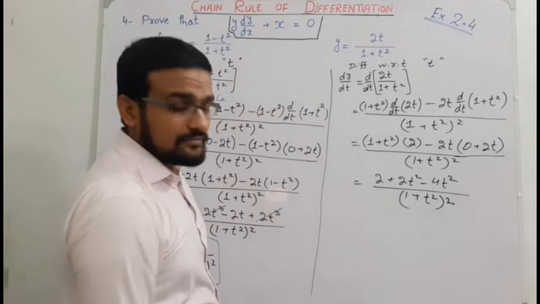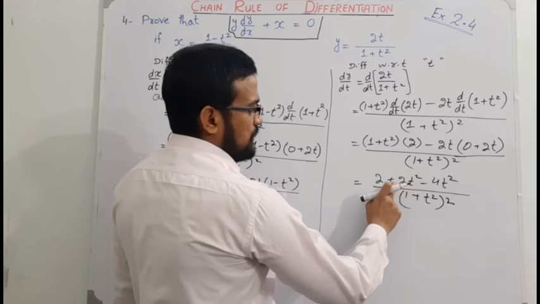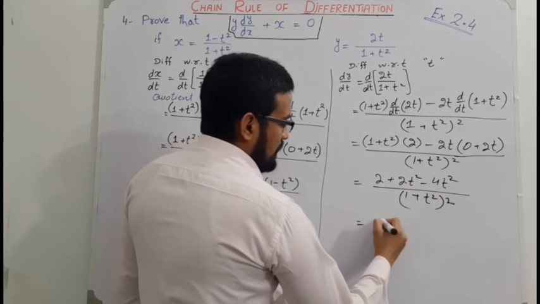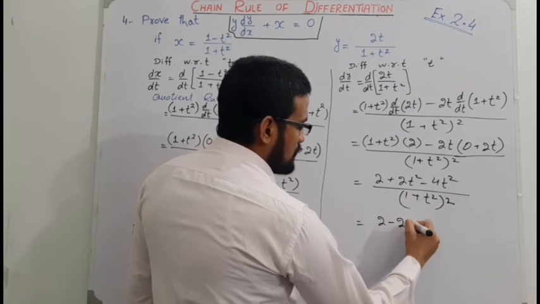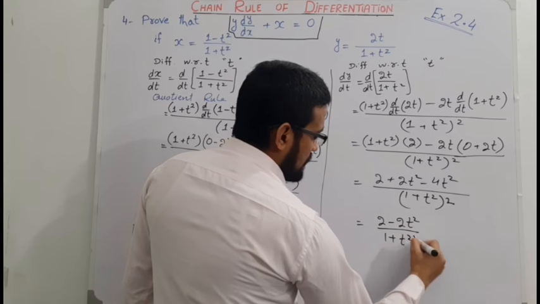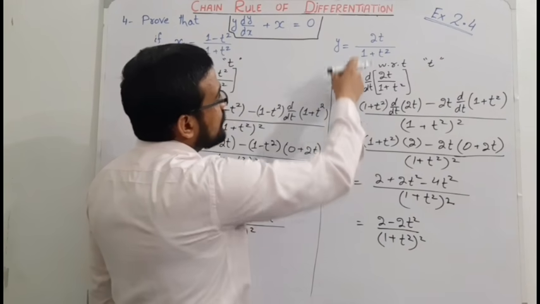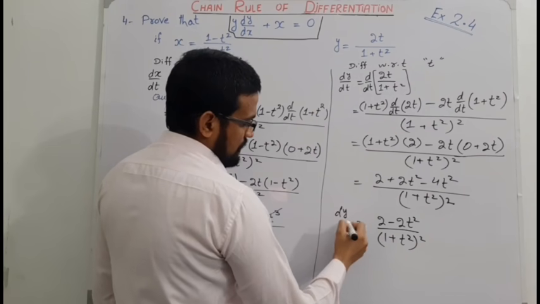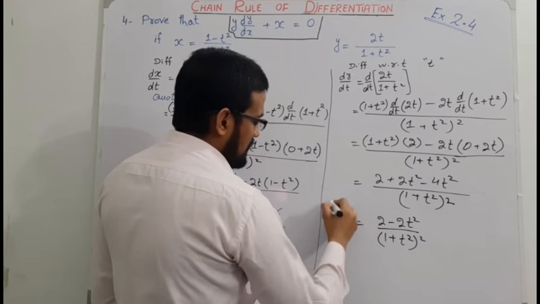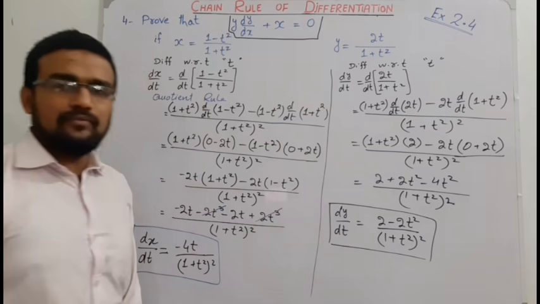Okay, t square, same variable, plus minus plus, 2 minus 4, it means the final result is 2 minus 2t square divided by 1 plus t square whole square, and this is the result of dy over dt. Okay,